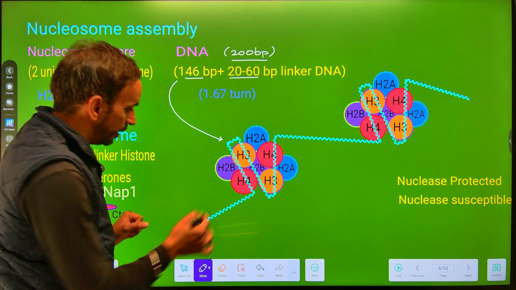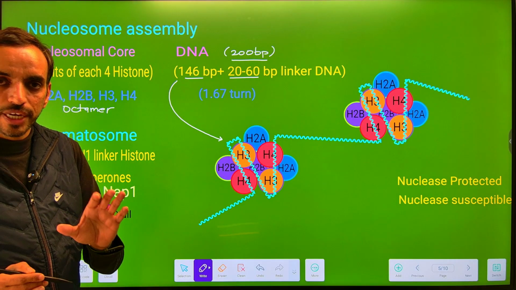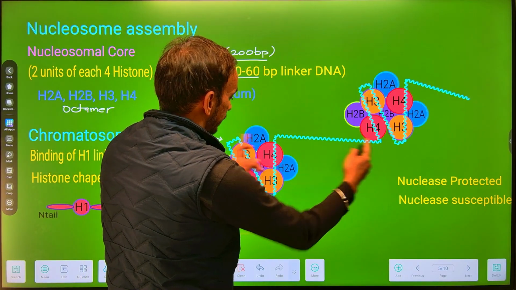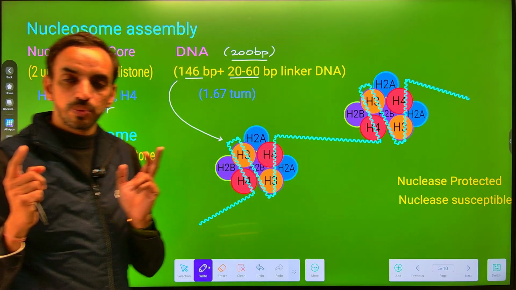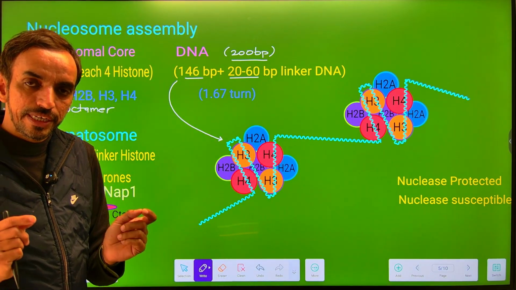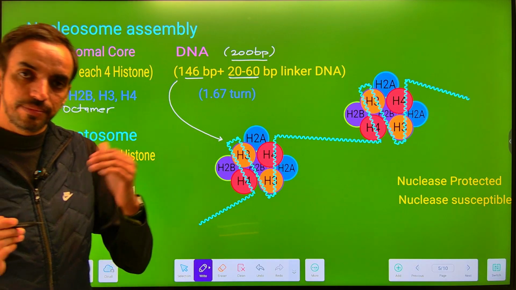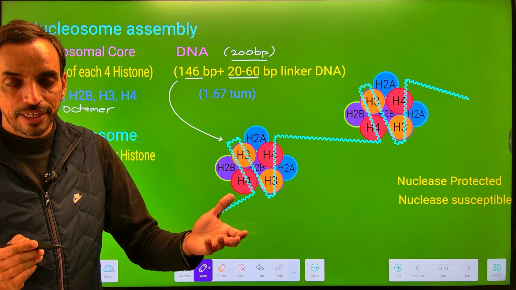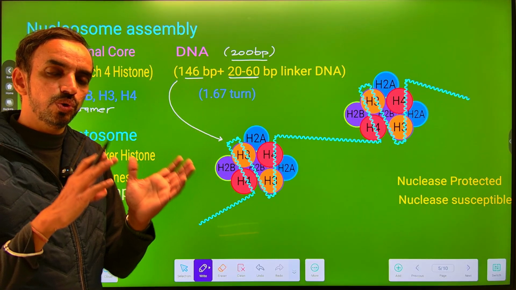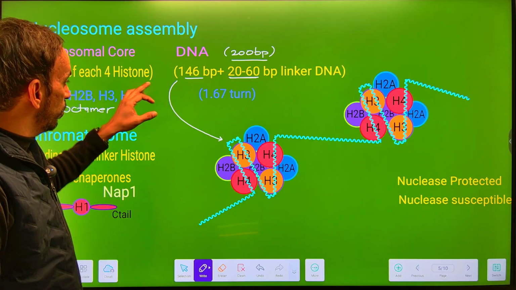नाउ दिस 146 बेस पेयर ऑफ डीएनए is the DNA that directly interacts with the histone। ये जो DNA आप देख रहे हैं जो डायरेक्टली इंटरेक्ट कर रहा है हिस्टोन से, इसका जो साइज है इट इज 146 बेस पेयर, while this part which is linking the two nucleosome, दो न्यूक्लियोसोम को जो लिंक कर रहा है इसको अपन कहते हैं लिंकर डीएनए, एंड द साइज ऑफ दिस लिंकर डीएनए इट वेरीज फ्रॉम 20 to 60 बेस पेयर। ये वेरिएबल होता है, कुछ ऑर्गेनिज्म में 20 बेस पेयर देखने को मिलते हैं, कुछ में 60 देखने को मिलता है, बट अपन कह सकते हैं कि जो रफली एक आइडिया ले सकते हैं कि जो न्यूक्लियोसोम का पार्ट होता है डीएनए दैट इज अराउंड 200 बेस पेयर।